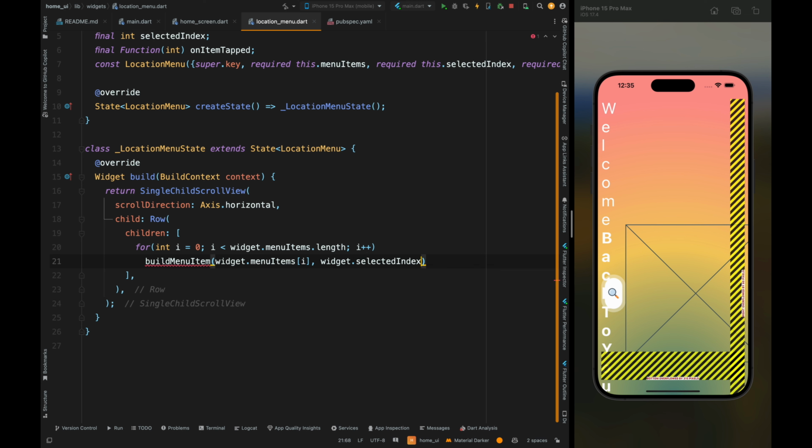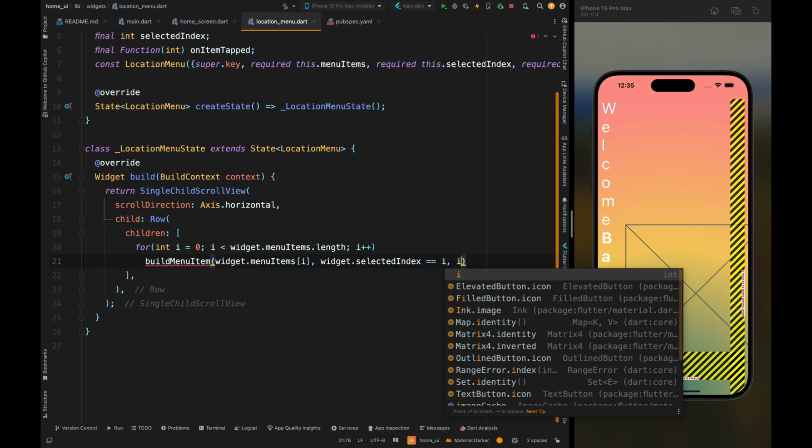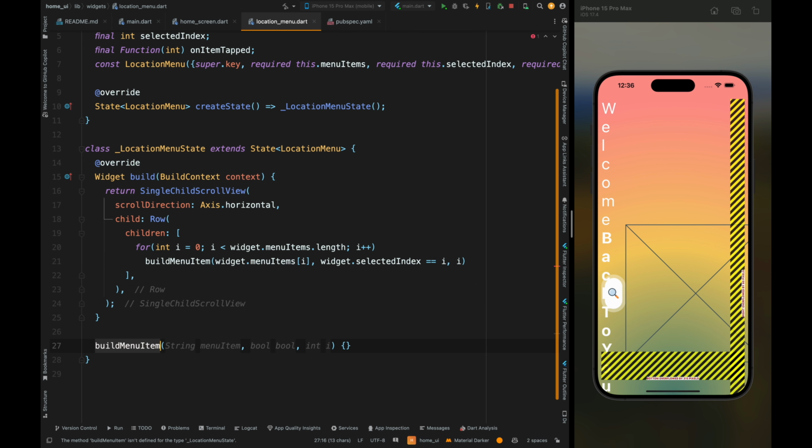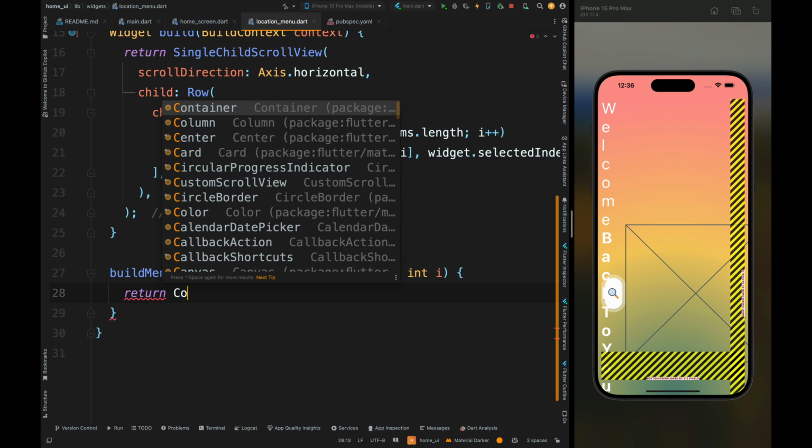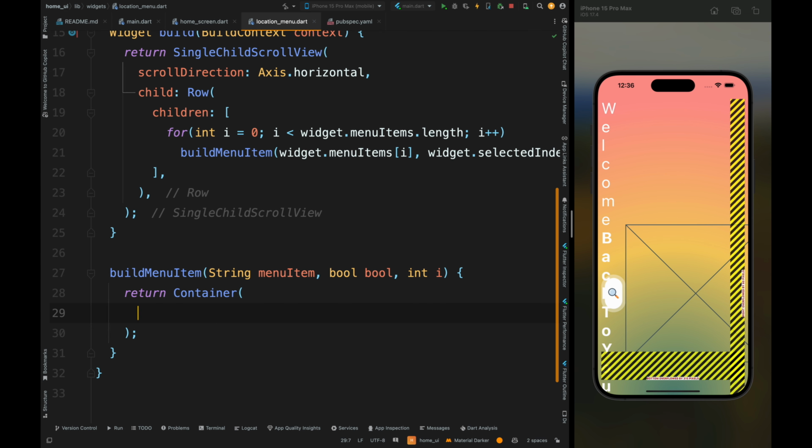So for checking that we will put a condition here: if selected index is equal to i, and this is true, then the button is selected, otherwise it is not selected. So I have added that, then also pass the index. Okay, now create this method, and from here return a container widget, and then inside this container widget, first create